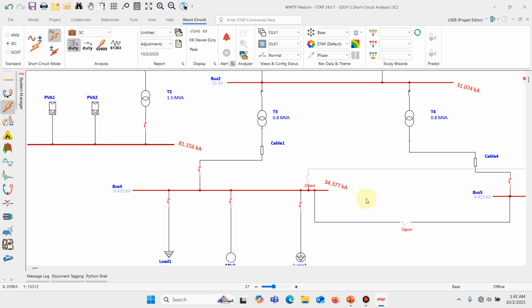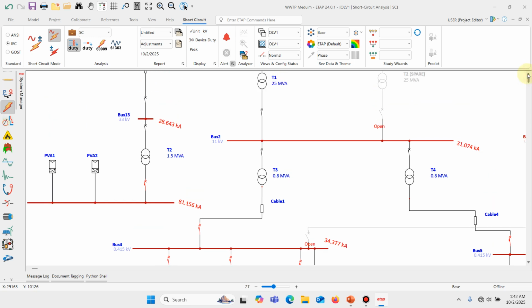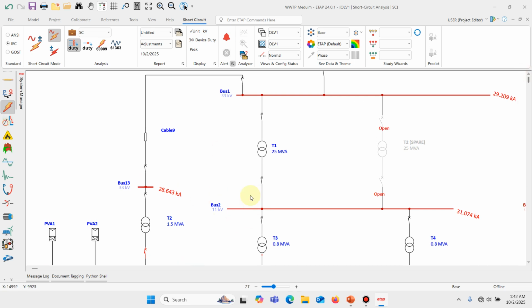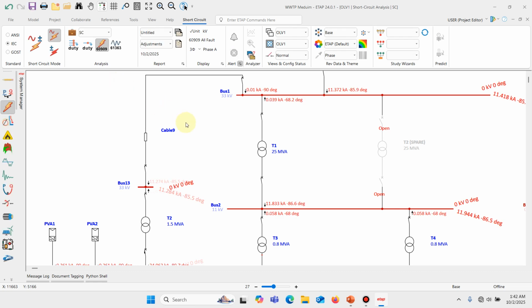Now, ETAP doesn't just stop at telling you that they have problems. It tells us the precise problem we have. But then we'll be going into that in detail much later. So, we've been able to carry out a short circuit analysis. We can also identify three-phase faults, symmetrical faults, or asymmetrical faults. We can just simply run this IEEE 60909, and we can see the fault contribution voltage magnitude at various sections.